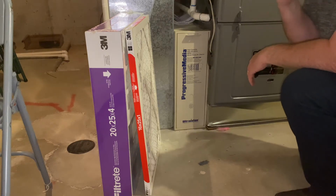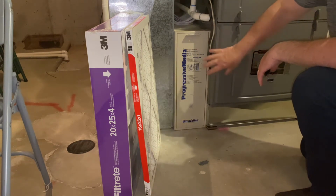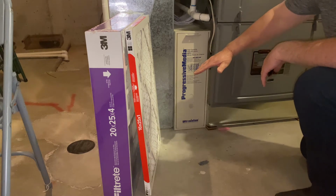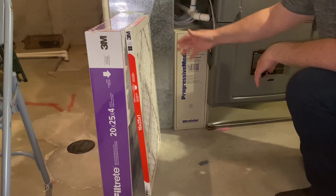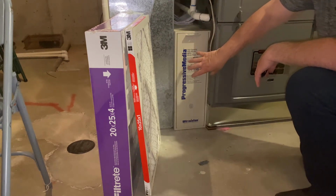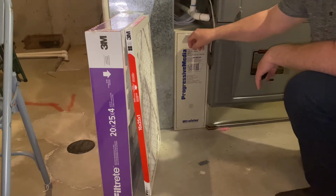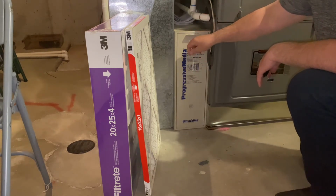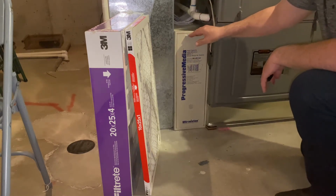Okay, let's talk about changing out your air filter. Usually it's located right next to the furnace. It's either going to be horizontal or it's going to be a little smaller than this, depending on the size of your furnace. This is a 4-inch filter, so it's going to have a bigger vent slot for it. All you really do is it's usually got a metal kind of covering that you'll pull up. This one you pull down